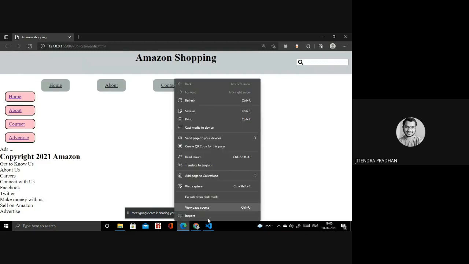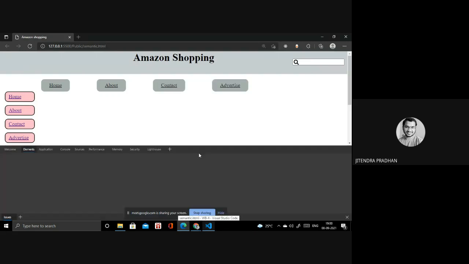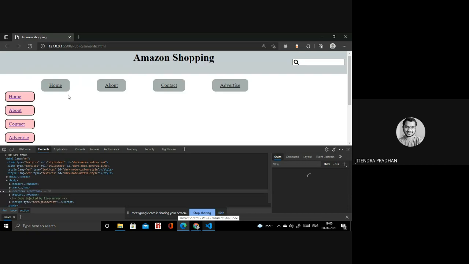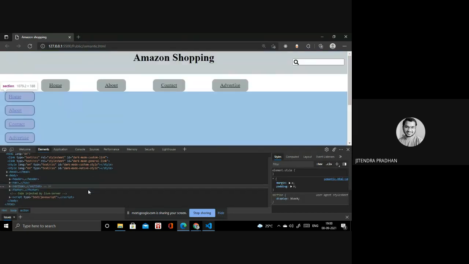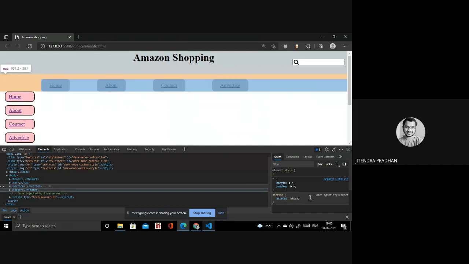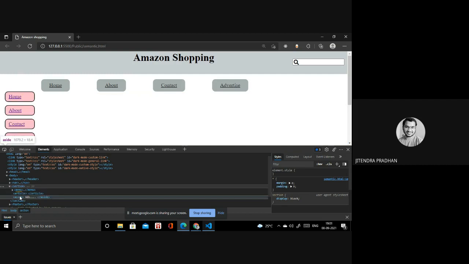So let's see how it is divided. I will check, then I will design something, because I need to mention something in between. So in the section we have divided the section into 3 parts: a menu, and we have article, and we have aside.